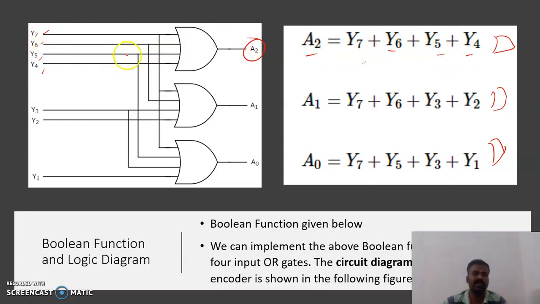Have a look at this. 4, 5, 6, 7 is given as the input for this first OR gate. And for A1, it is Y7, Y6, Y3, Y2. So already Y7 and Y6 are taken from here. Okay. Then Y3, Y2. There is a Y3, Y2. And finally A0, it is Y1, Y3, Y5, Y7. So Y1 is here and Y3 is here, Y5 is here, as well as Y7 is here. Okay, so this is the design of